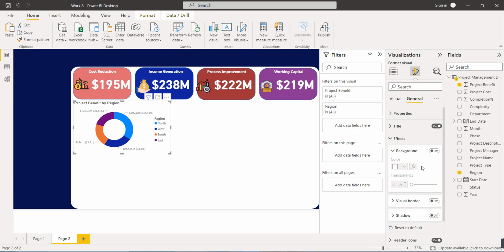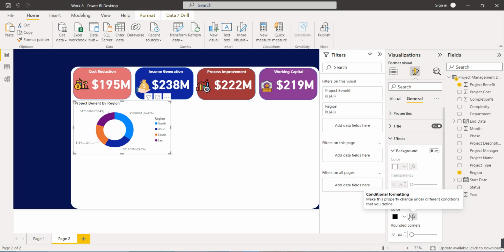Okay, we will enable the visual border. The color of the border will be black. Rounded corner we will select in between 10 to 15. Okay, 12 will be fine. After that,